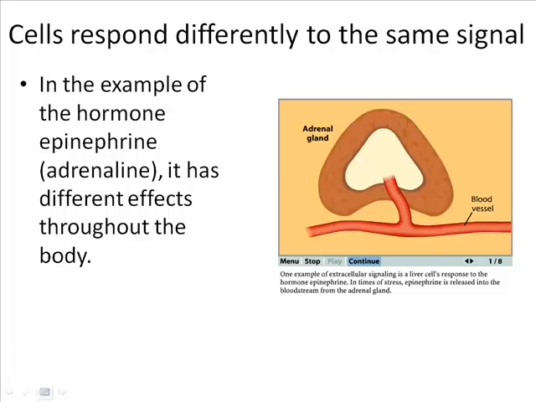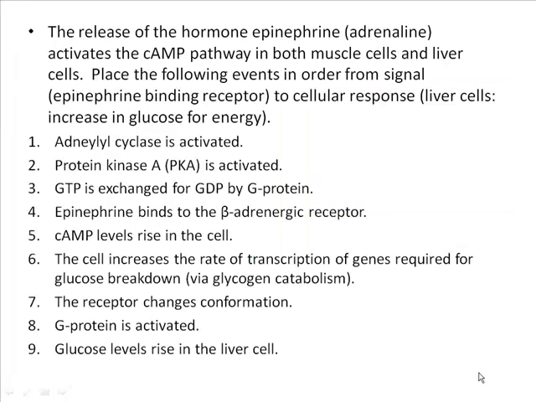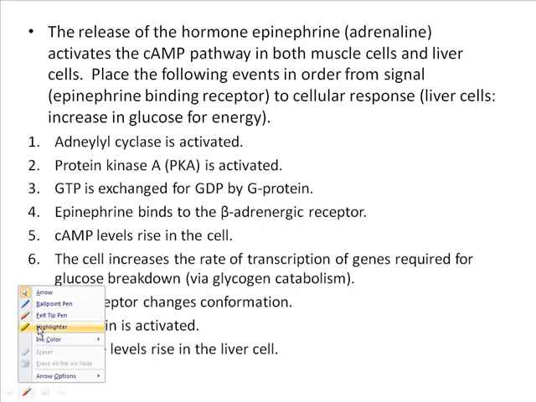So now let's look at the liver. Let's look at, in this example, how the binding of the hormone epinephrine to beta-adrenergic receptors on the surface of liver cells increases the production of glucose and the release of glucose from those liver cells. Now, what I will tell you is this. When epinephrine binds to these receptors on liver cells, this cellular response is mediated by the cyclic AMP pathway.